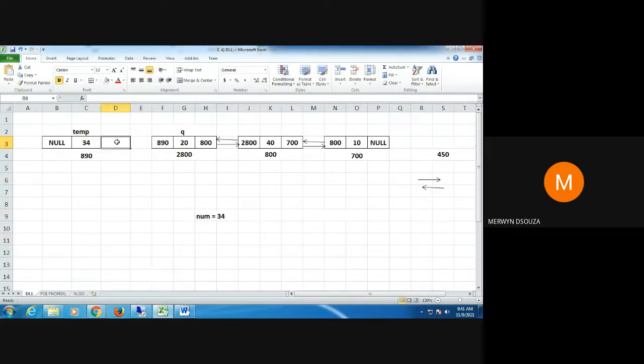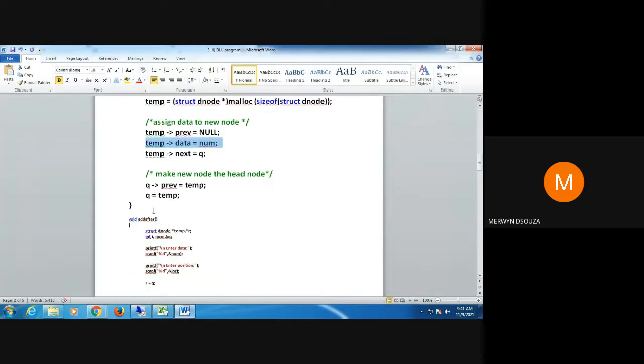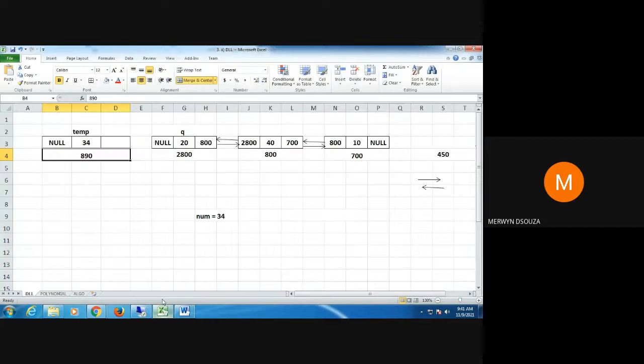Now I want here to be 2800, and presently this is null. Let's see how to do it. I write temp arrow next equal to Q. Temp arrow next means this portion here. Q contains the value 2800. So I say temp arrow next equal to Q, and I get 2800 here.